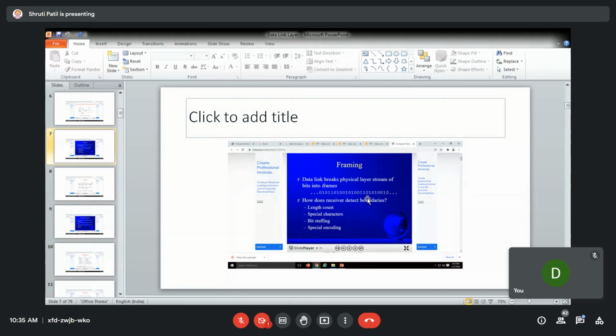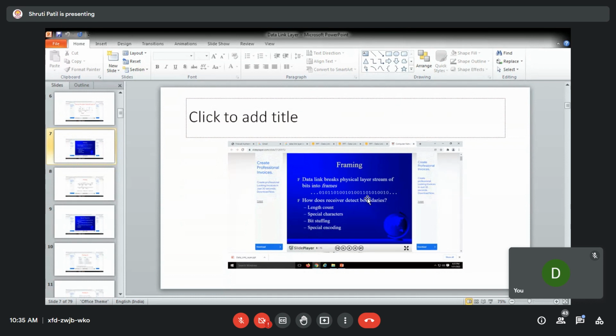That is, if 8 ones are in continuation, then after every 5 consecutive ones you insert a 0. At the receiver end that 0 will be removed, and the entire 8 ones will be transmitted as one data. That is bit stuffing.